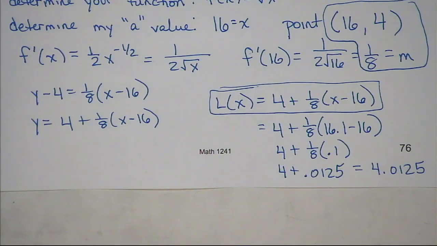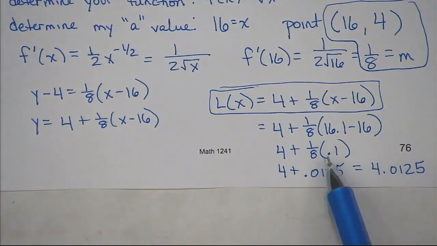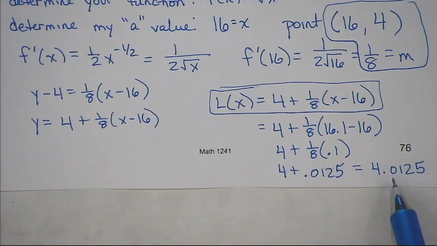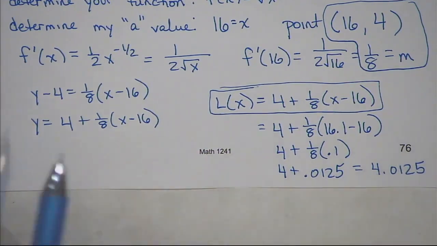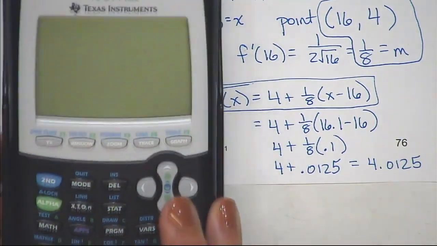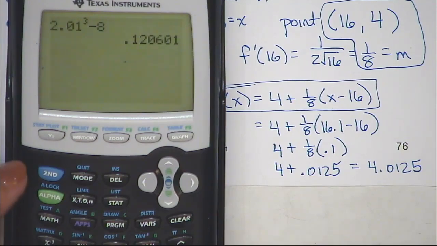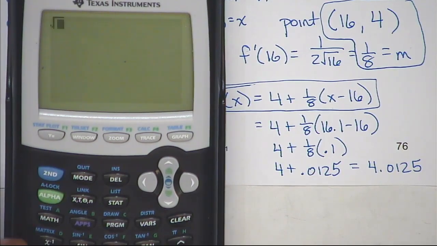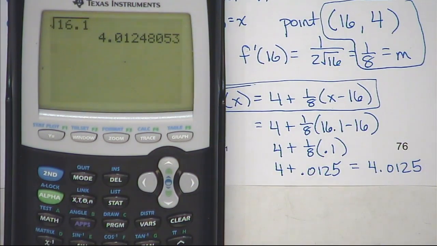All right, so I did need a calculator. I mean, granted, you might need it to do the 0.1 times an 8, but you could do that in your head, and that's not that big a deal. But that is the approximate square root of 16.1. If you actually do the square root of 16.1, we were pretty darn close to the actual answer, and we didn't have to use that square root